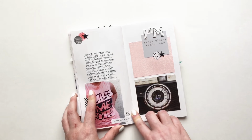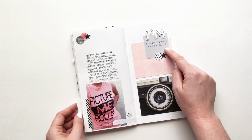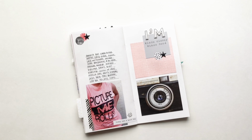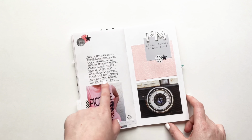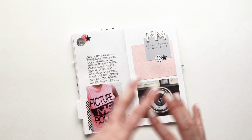This is probably one of my very favorite layouts. It's so much fun. I've had this Kinda Classy Kinda Hood meme in my box for a while, and knew that this picture was kind of the best picture to use. So what I did here was I listed just all kinds of things that I love, and they're all different,